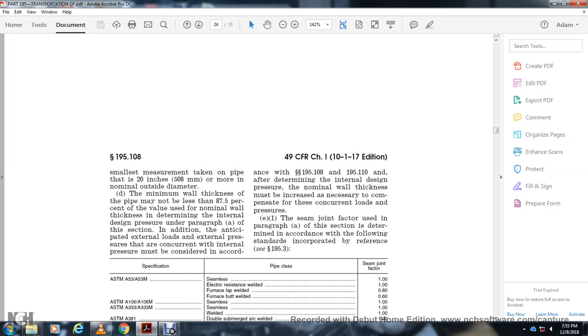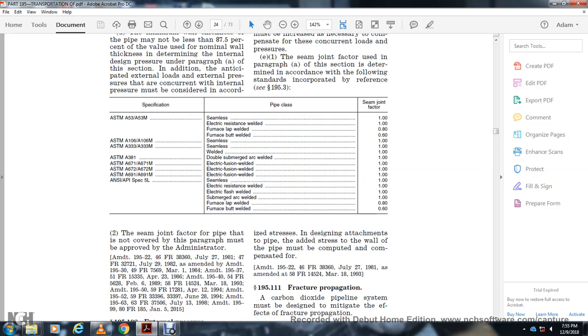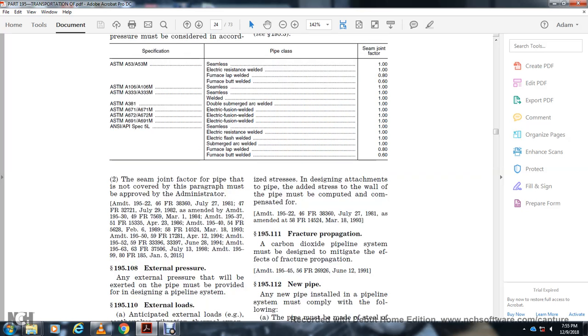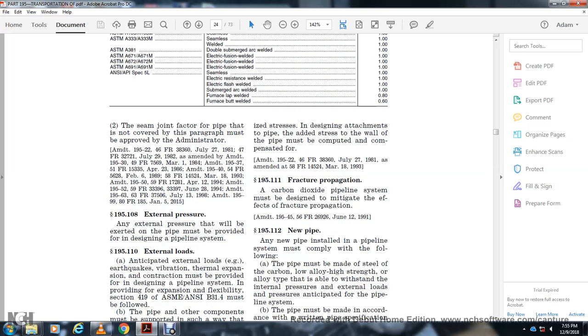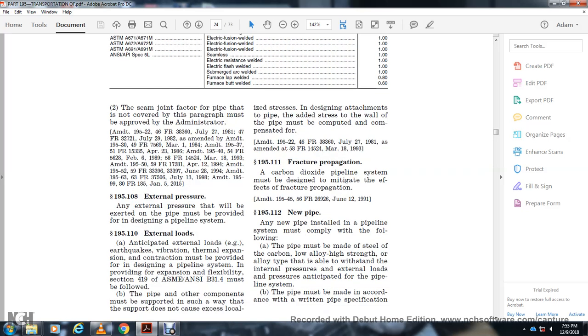concurrent loads. The seam joint factor under paragraph A of the section is determined in accordance with the standards incorporated by reference in 195.3. The seam joint factor of the pipe is not converted with the paragraph, to prove with this administrator 195.109 and 195.108. External pressure that may be exerted on the pipe must be provided for in the design, 195.110. External loads of earthquake, vibration, thermal expansion and contraction must be provided for in the design of the pipeline